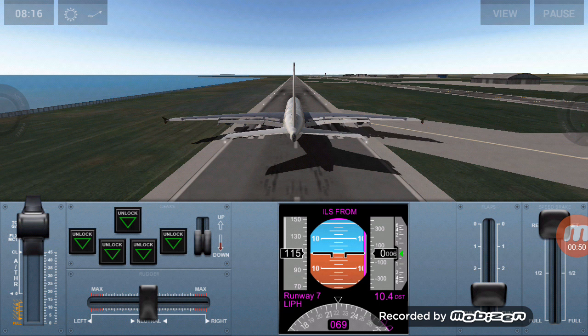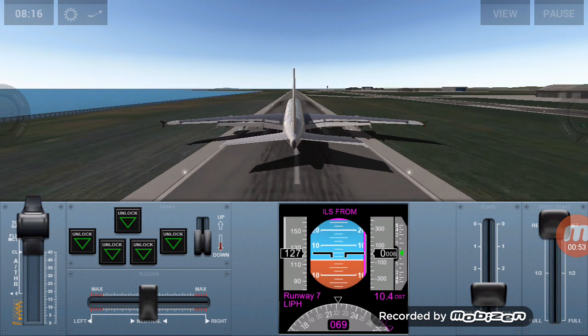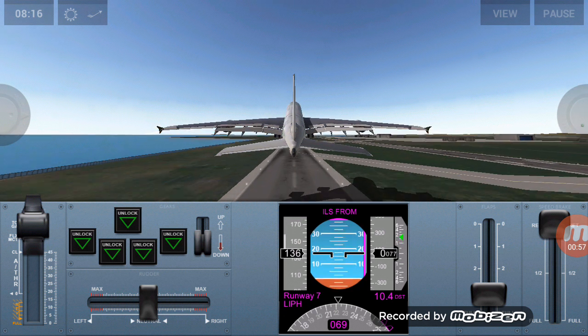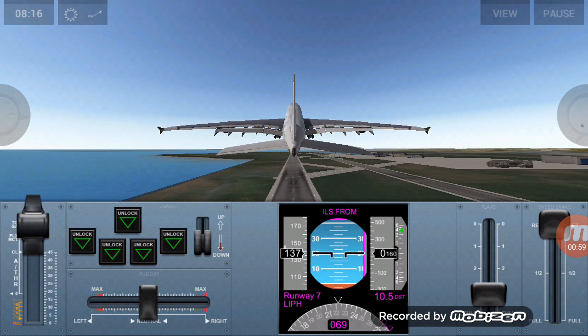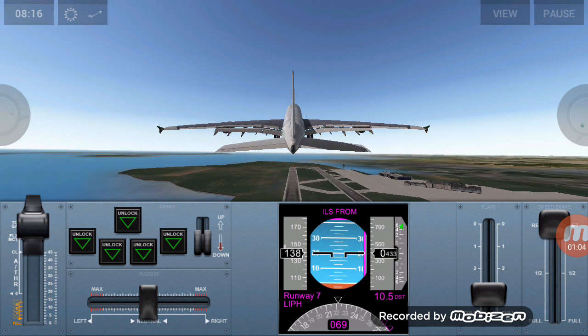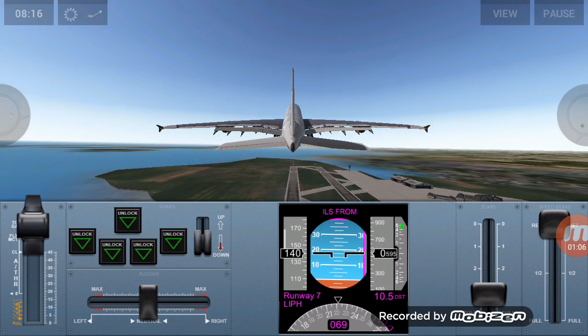Okay, after reaching 120 you can pull off for a lift, and we're lifting. Don't make the climb angle too steep because you can stall. And stalling is not a very good thing because stalling means,